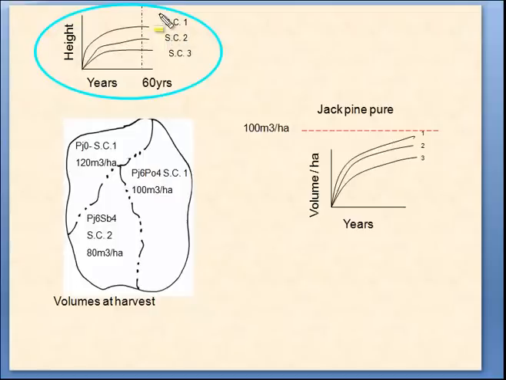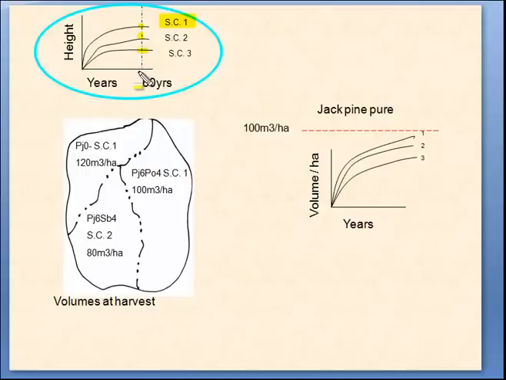So for example, here we have site class 1, and the way site class is calculated is we track a forest over time, and we measure the height of the trees. Usually we say at the 50-year mark, or it could be 60. We measure that species at that particular point, and we determine its height. And if you measure it at 3 different sites,